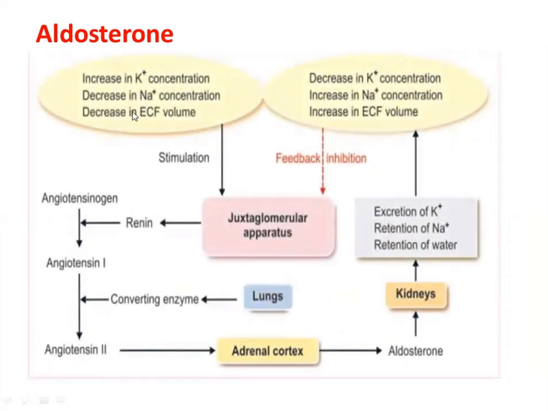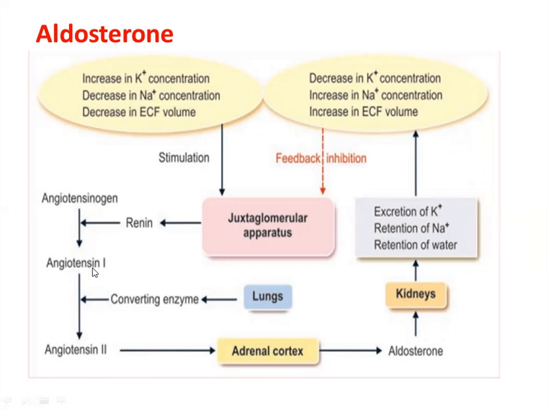Here, in the aldosterone hormone, how does it regulate the body water? When the extracellular volume decreases, there is stimulation of the juxtaglomerular apparatus in the kidney, which secretes the renin hormone. What is the function of renin? It changes angiotensinogen into